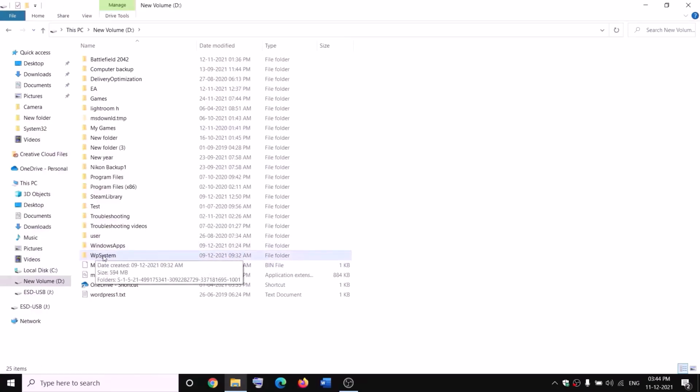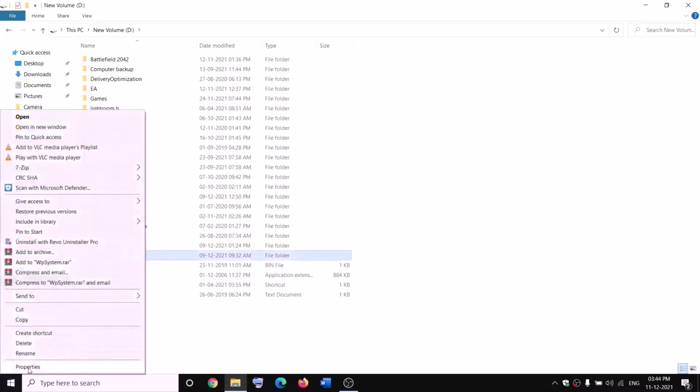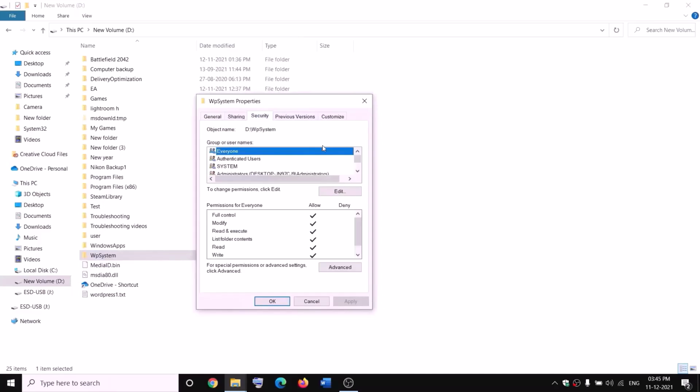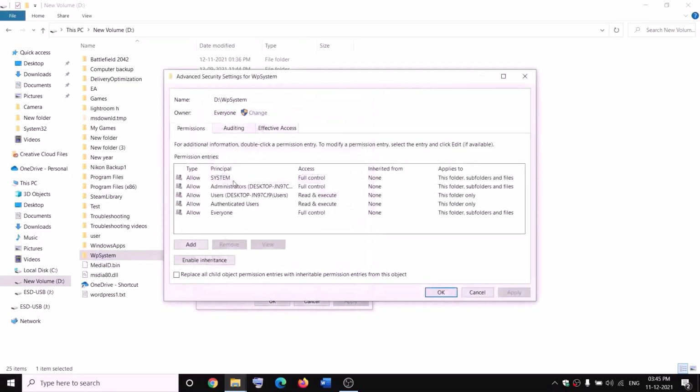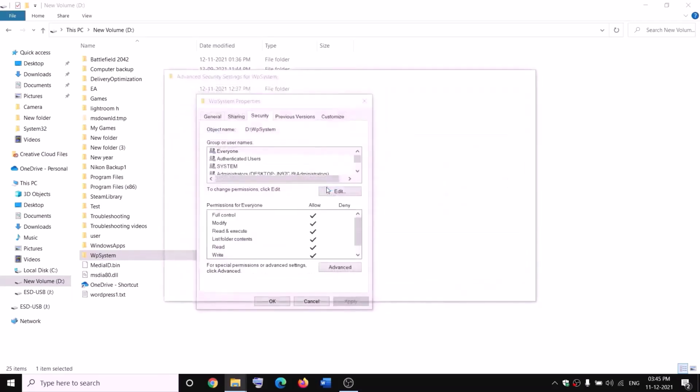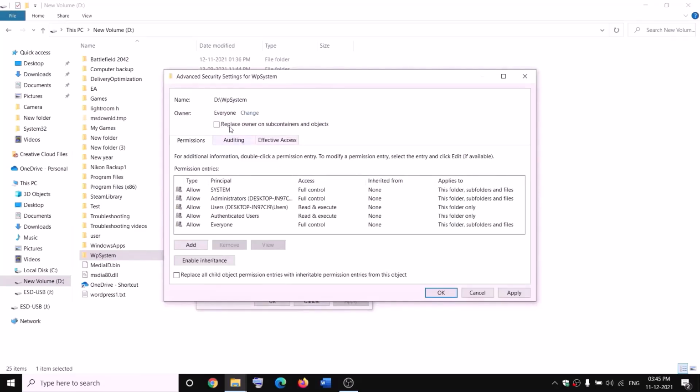So make a right click on WP System folder and then select properties, go to the security tab. We will go ahead and take the ownership of this folder. So go to security tab and then click on advanced. Now click on change over here and then type in everyone over here, and then click on check names, then click on OK. Now put a check on the box which says replace owner on subcontainers and objects, and then click on apply,